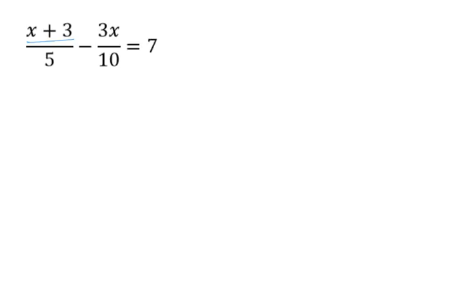I'm going to start the same way though. I'm going to take all my denominators. I have 5 and I have 10. And the LCD of that is of course 10. 5 and 10 can both go into 10. So I want to go around and multiply everything by 10,